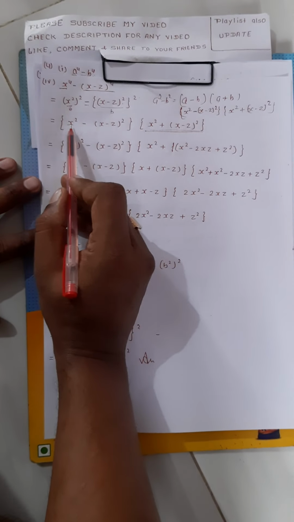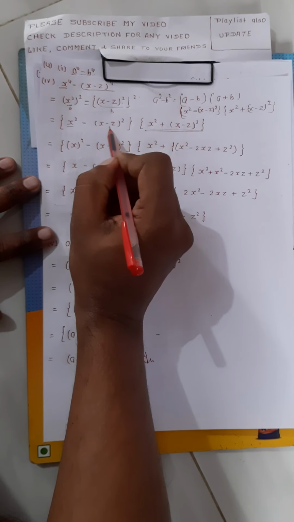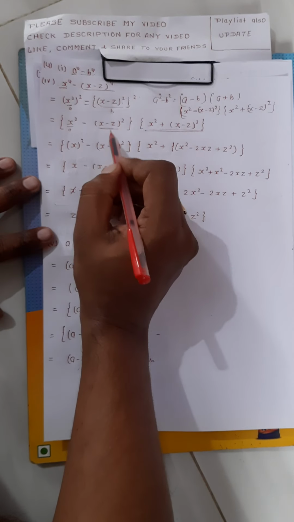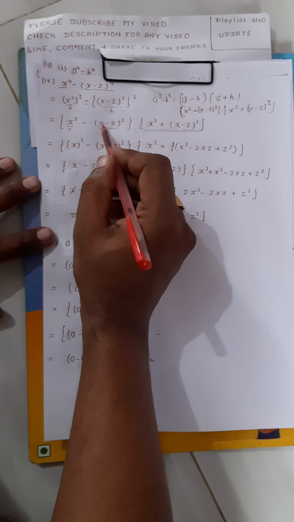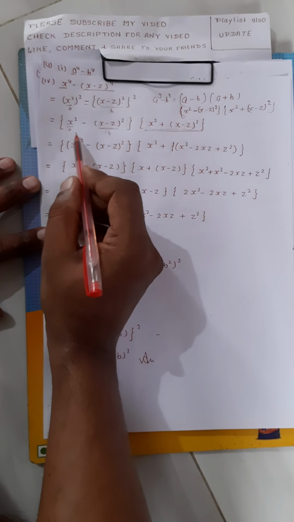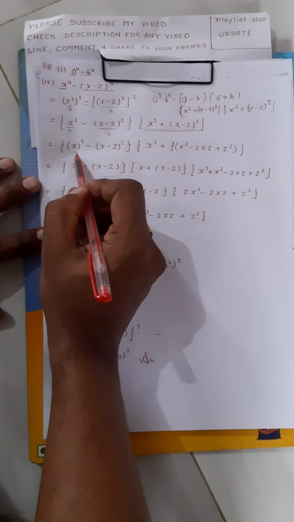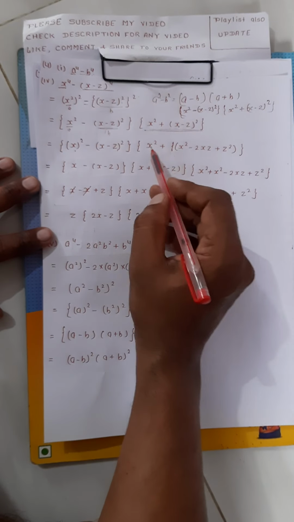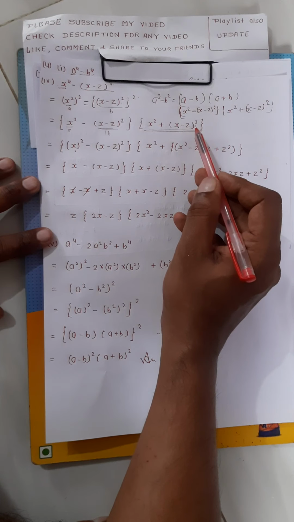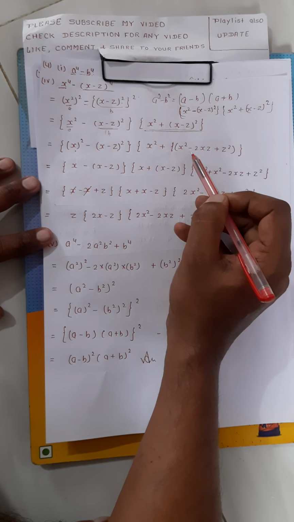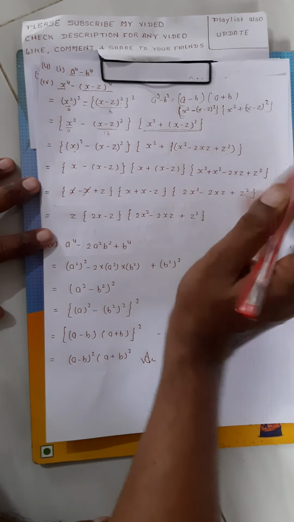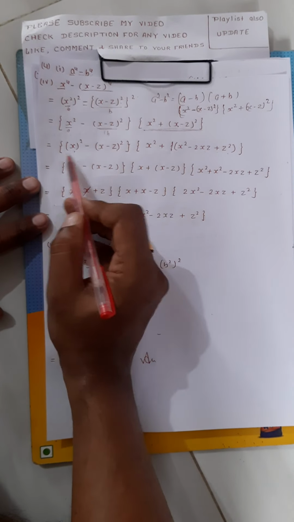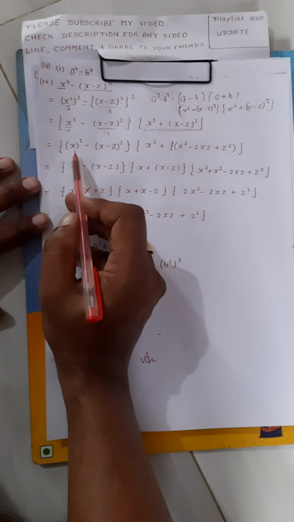Okay, it is also the value of a square minus b square, where the value of a is x and the value of b is x minus z. So I have written it as the whole square of x and the whole square of x minus z. Okay, and this I expand: x square plus, x minus z whole square means x square minus 2xz plus z square. Okay, completed. Now we will think about the other one. What will be its value? a minus b and a plus b.